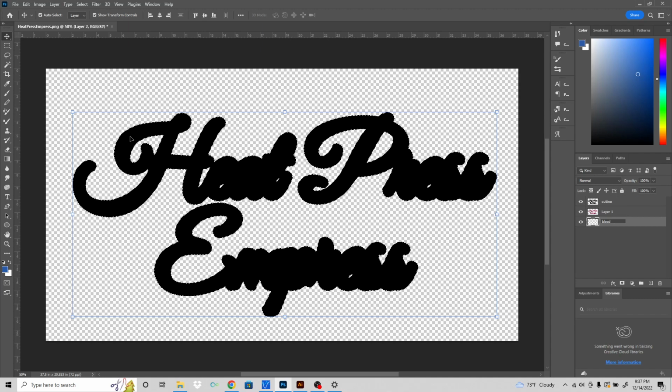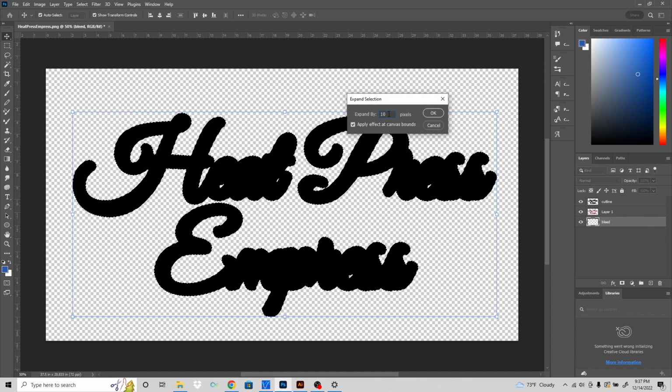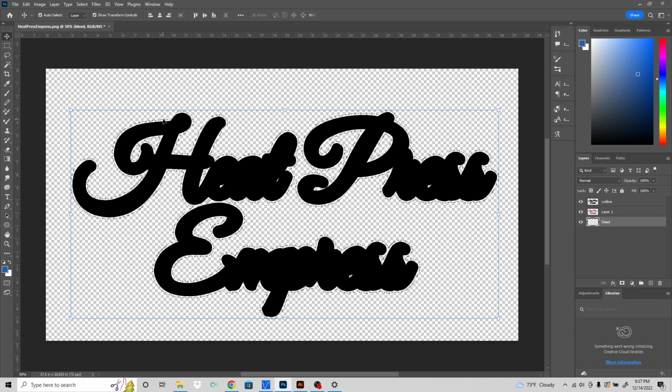And then with the marching ants selected, on the cut line layer, go up to Select, Modify, and Expand. And then here you play around with this number to see what you like. For some you do need a bigger border, and others you don't. So if you wanted to try, say 10, you can press OK, and then you see that the marching ants expand out,